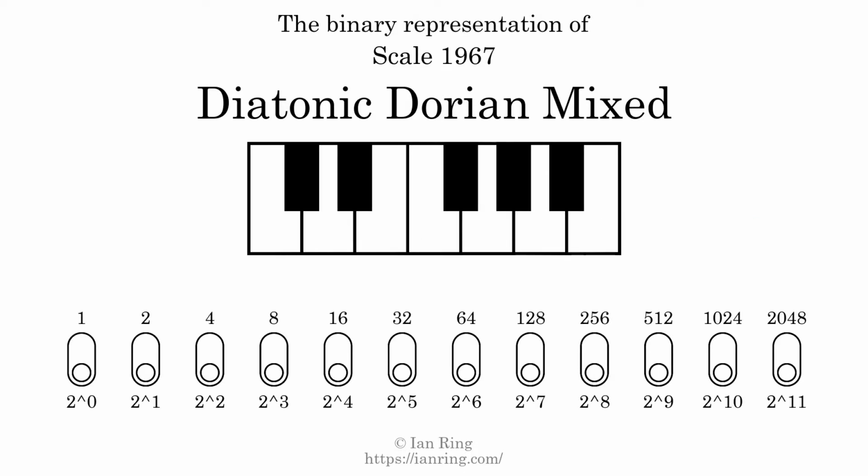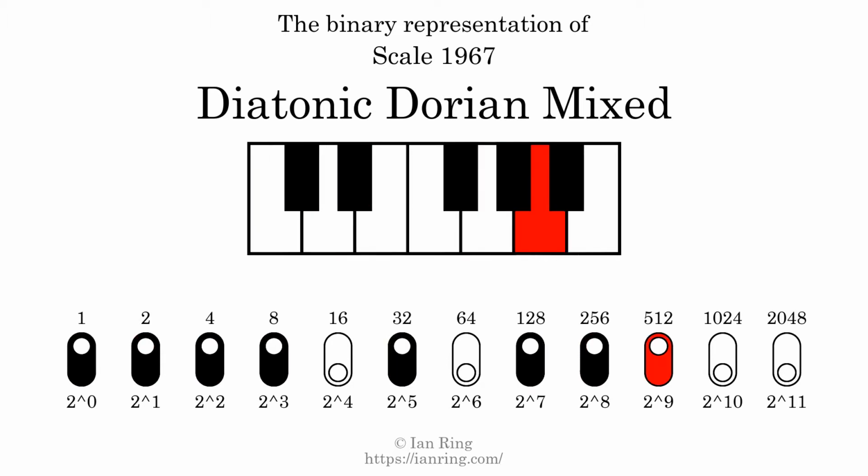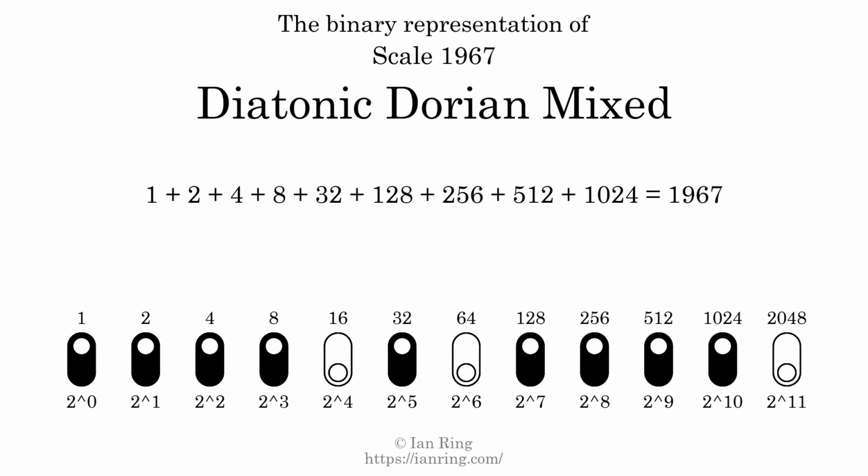The binary representation of this scale is determined by mapping tones of the scale to binary digits. Each binary digit represents a power of 2. To get the scale number, we add the powers of 2 together. The powers of 2 that are present in the scale, all added together, equals 1967. That is why the scale number, in decimal, is